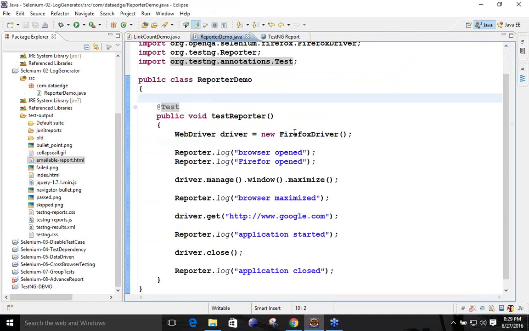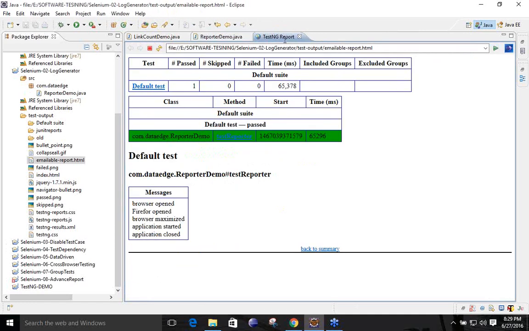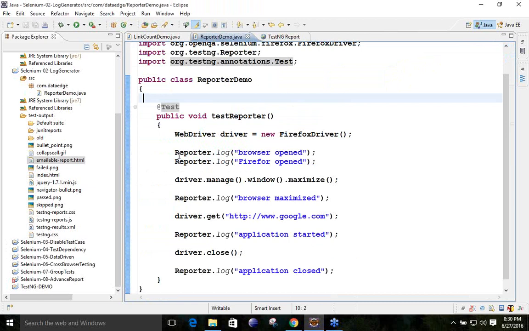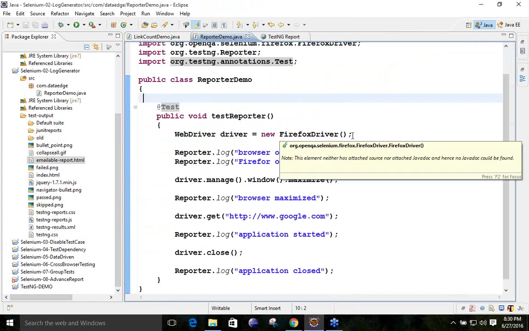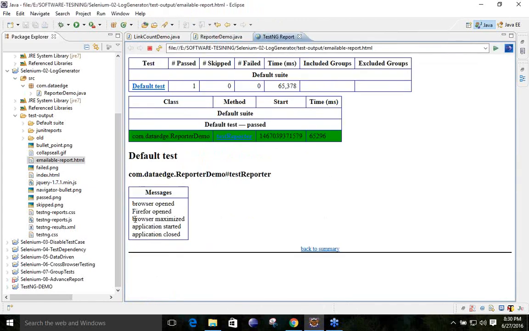It is not a very difficult task. All you have to do is add the log4j jar and make use of the Reporter.log class. Whatever message you give over here, you can get as a report. This is a small piece of work, but it can be further modified in the upcoming classes.